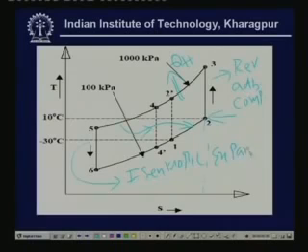in the turbine. So, during this process, as you can see, the pressure reduces from 1000 kilopascal to 100 kilopascal. As a result the temperature drops. Okay. And since this is an isentropic process, the entropy remains constant. Okay. And finally process 6 to 4 is a heat